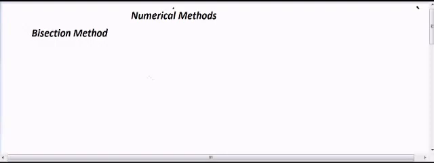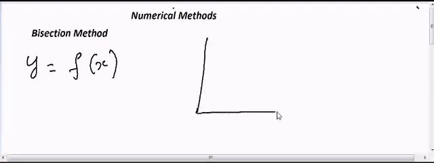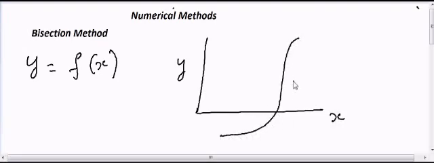Suppose we have an equation and we want to solve for y. Suppose we have y is equal to f of x. Now if I draw a line, suppose this is y and this is x, and the equation looks like this. So now as you can see, I need to find this number. If I want to solve for x, suppose I want to find f of x is equal to 0 and I want to solve